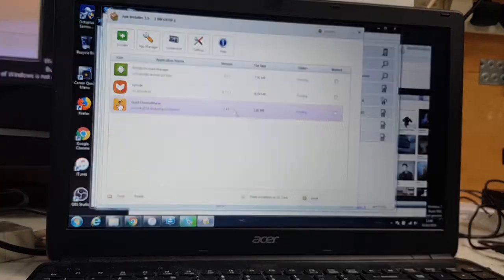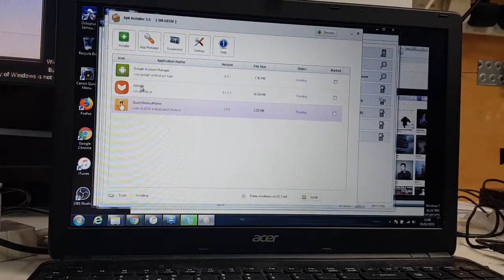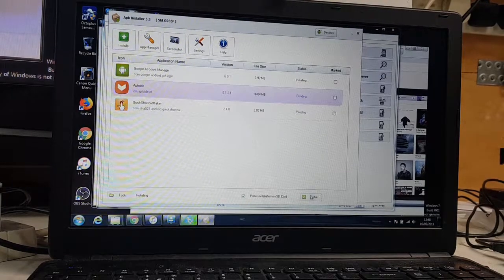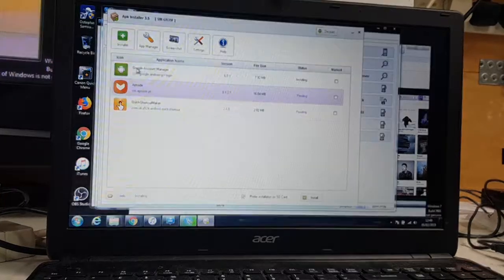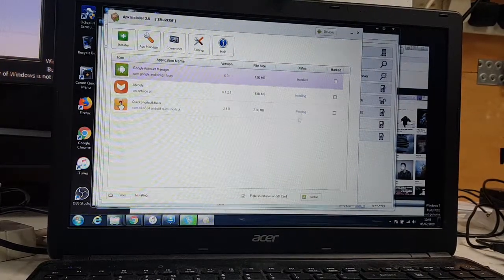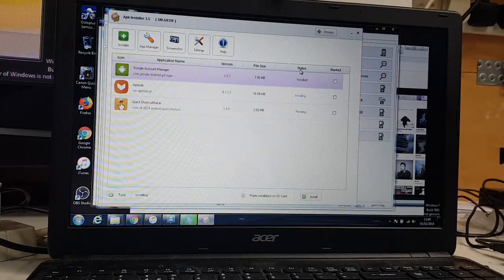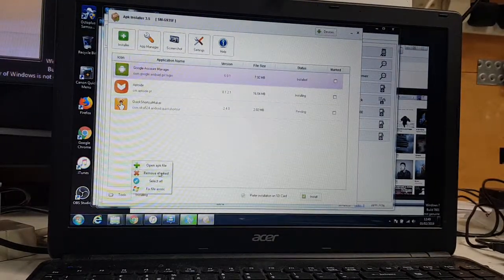Shortcut maker, we install it, and a PDO. These are the apps that do a bit of work within the phone while you are in binary mode. Or Google Account Manager, as you can see, we can just install them as well. As it's been installing, as you can see. So yeah, for right now we got this one. There's one more thing that we want to install, which is called the